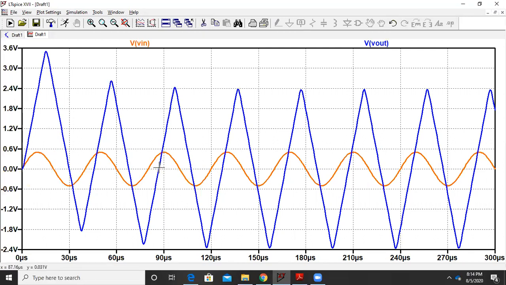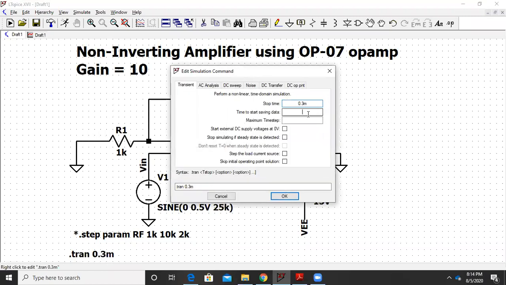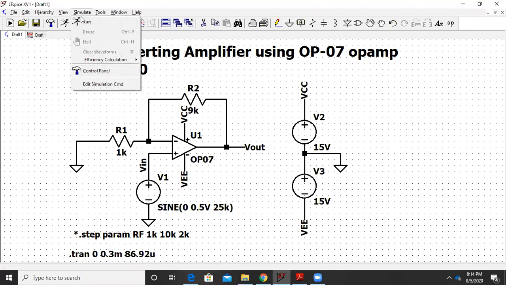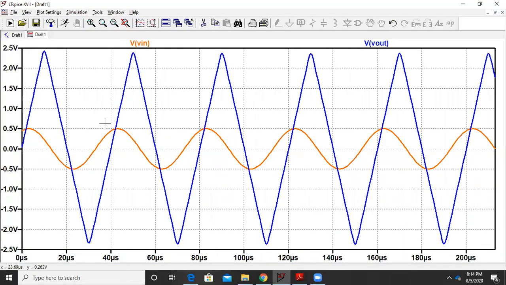So let me see where it exactly gives a proper output from. Somewhere around 86.92 microseconds. So let us start saving the waveform from 86.92 micro so that it looks proper at the output. Yeah, so this looks proper.